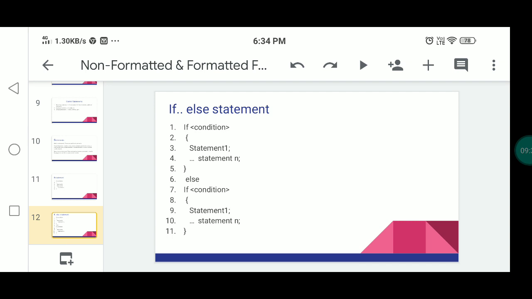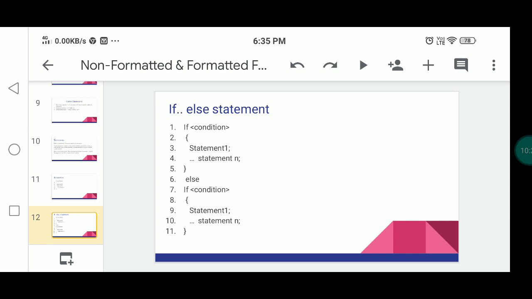Then next, nested if. In this nested if statement, if the condition is true, it executes the statements following the if. If the condition is false, it goes to another statement. In the nested if statement, the condition is true, execute the statement. Again you have to write another condition, and if that is true, execute another statement. Again you write another condition, and if that is true, execute the statement. If the conditions are false, it goes to another statement to be executed. So this is the working nature of nested if.